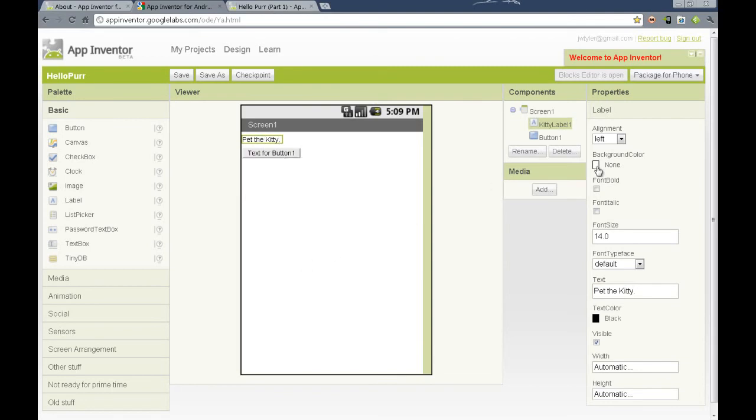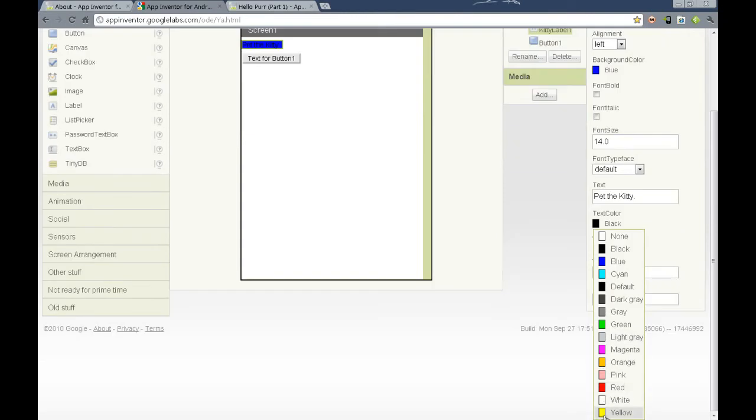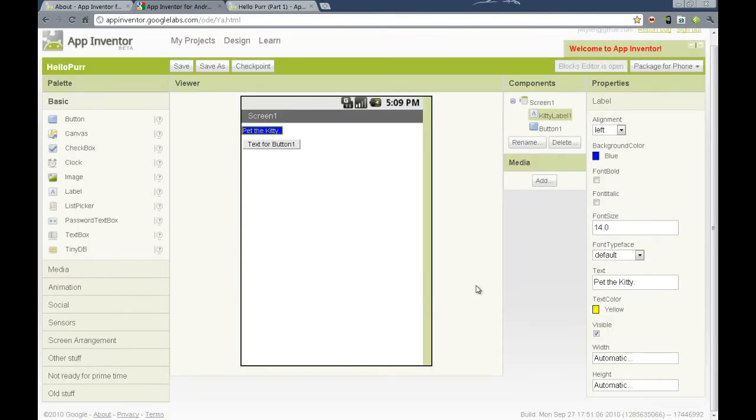We can also change the background color to something more attractive and change the text color by selecting the color picker and selecting the color. So we see we change the text to yellow. It's not big enough, so we can make it bold, and we can even increase the font size by changing